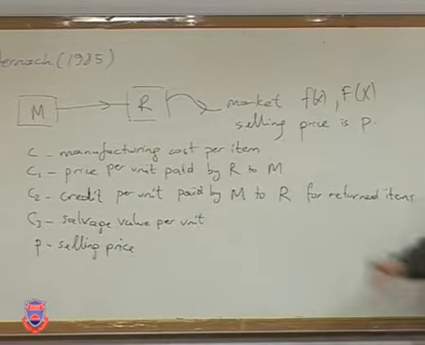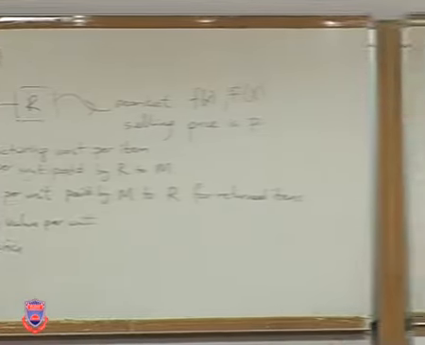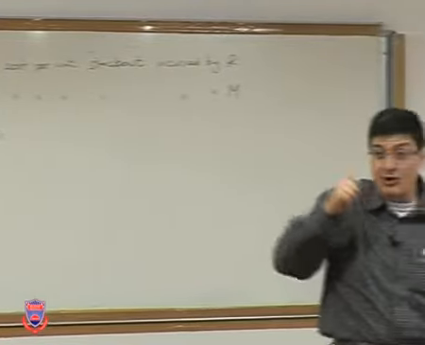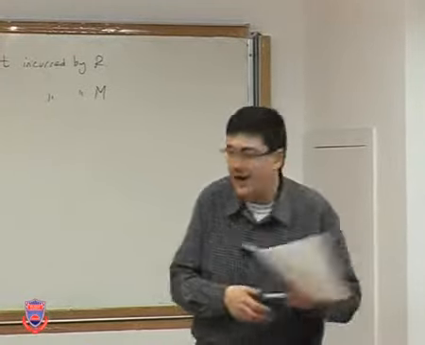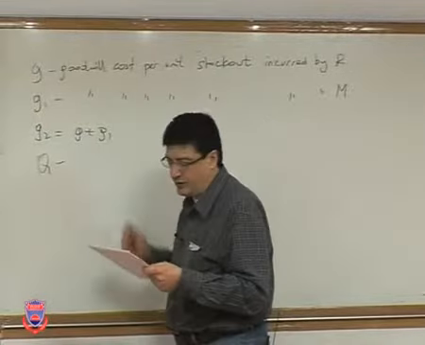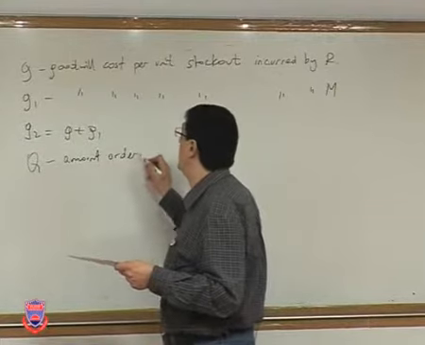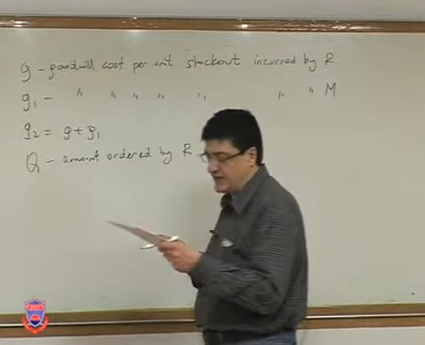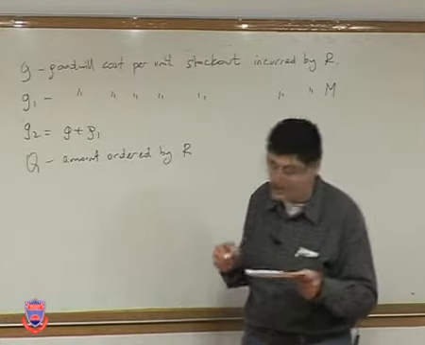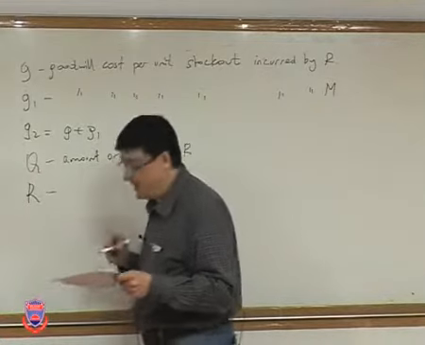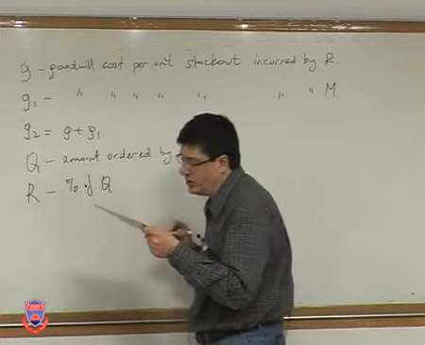In other words, how should I set as the manufacturer my price that I'm going to sell to the retailer? And what should be the credit that I'm going to give back for the returned items? These are also decision variables. Okay. But other decision variables, one of them is Q, amount ordered by R. This is retailer. And unfortunately, I'm going to have another R here, but this R is going to be sort of the percentage of order quantity, percentage of Q,